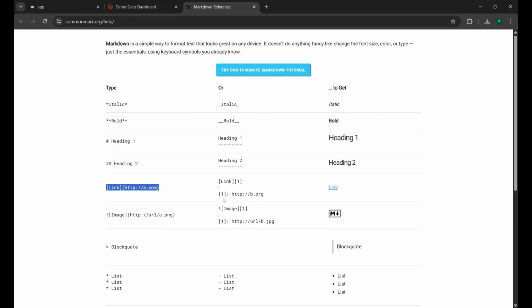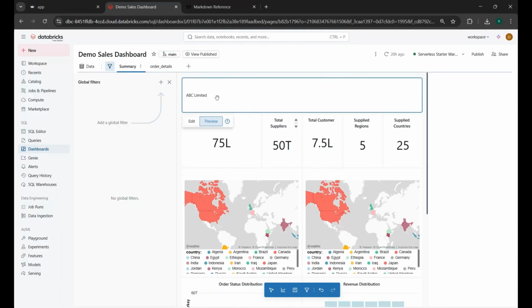Let me add this, and then let me put ABC Limited, and then I can put my URL. Let's say I am putting this. And if you click on preview, see, it is going as a link. Similarly you can add an image. Again you have a text box where you can create a summary. You can create a summary of your dashboard, and what you can do is